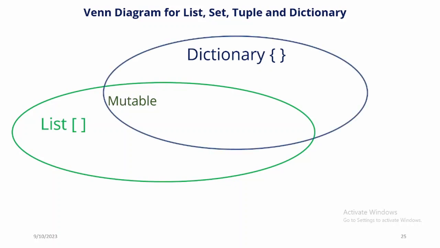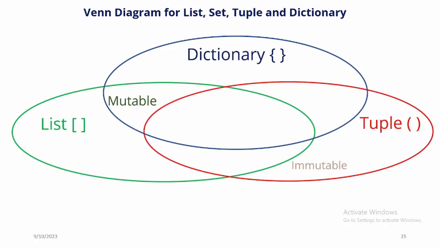If we look at a dictionary, it has a relationship with lists in the sense that the items of a dictionary are also mutable. You can add, remove, change. What about a tuple? Tuple is not mutable. It is immutable. And that's one thing that differentiates a tuple from dictionary and lists. Now, tuples, dictionaries, lists, all of them have something in common, and that is items are ordered. Lists also allow duplication of elements. Not only lists,